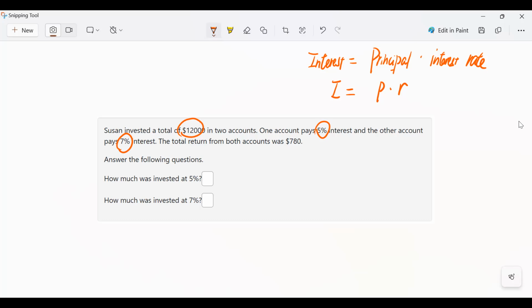Because in finance, more return means more risk. That's a very common and very important principle in finance. If you want to make more money, you need to bear more risk. So are you saying that she's going to make more money off of these two accounts than if she had one? No, if she put $12,000 in the 7% account, she will make $840. That's more than the current return of $780, but she will have to take more risk